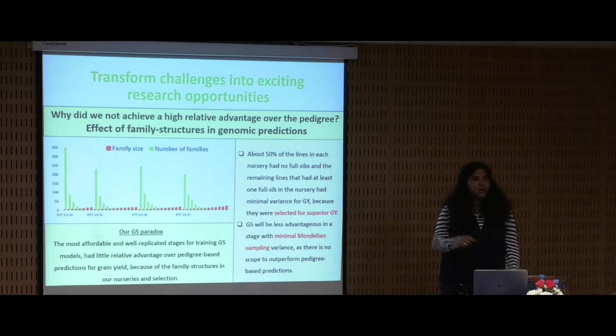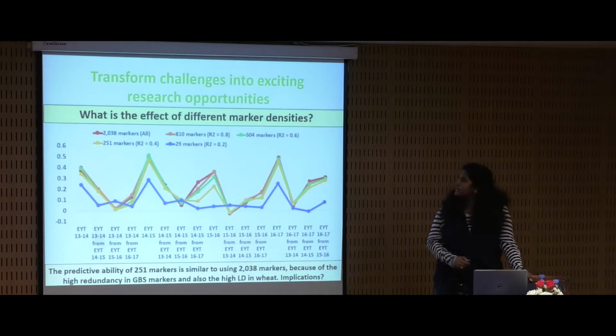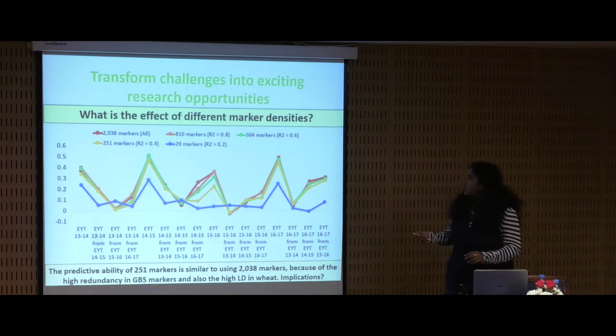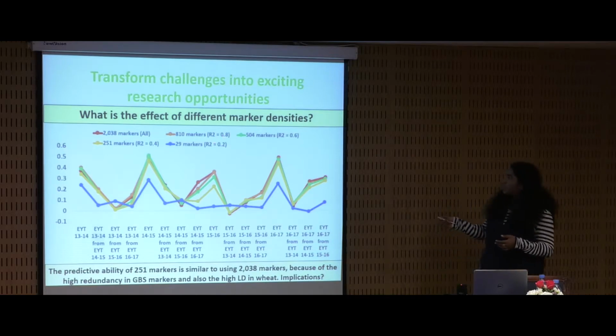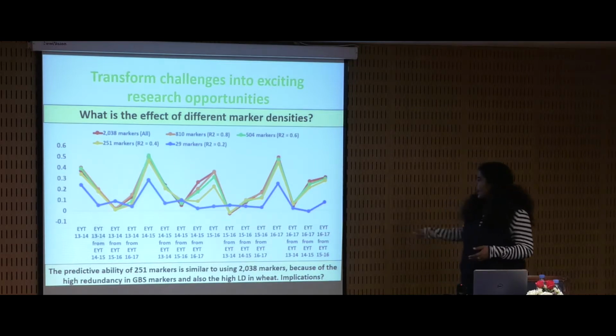So one other reason why this could happen is that your markers are not capturing the relationships well. So that could be, again, another reason. So we wanted to check the effect of these markers. All this data is based on about 2,000 markers. So we did this experiment where we looked at the whole set of markers, 2,000 markers, and then we grouped markers, just removing one random marker if they are highly correlated. So if you have R-squared values of 0.8, 0.6, 0.4, and 0.2,